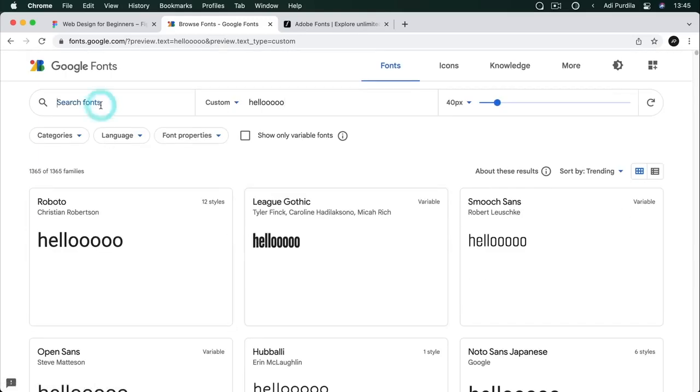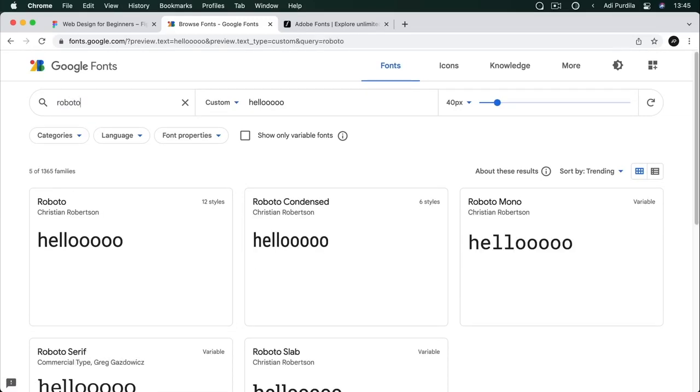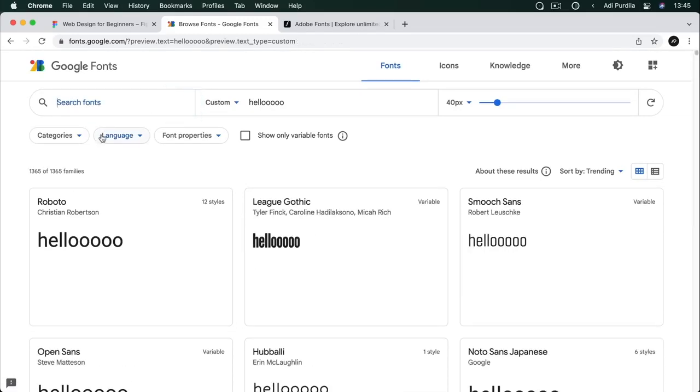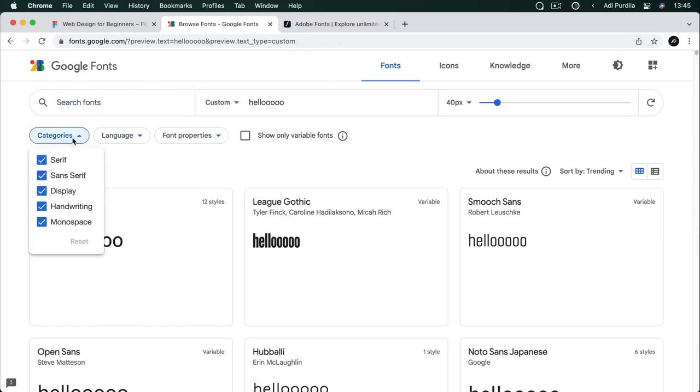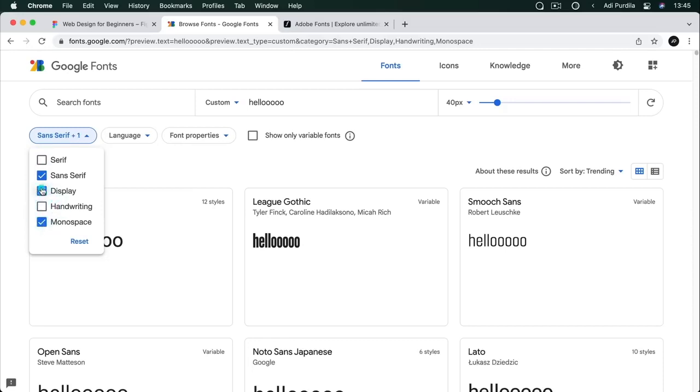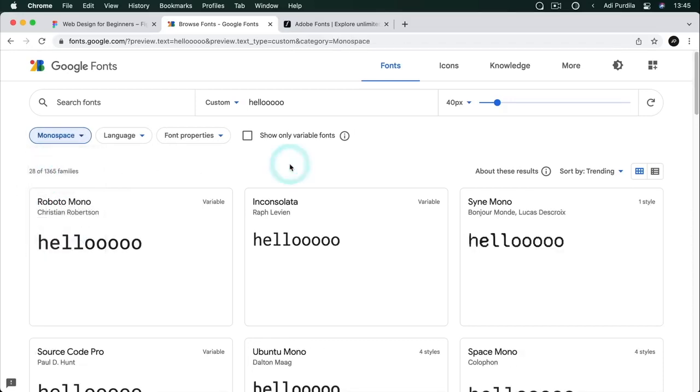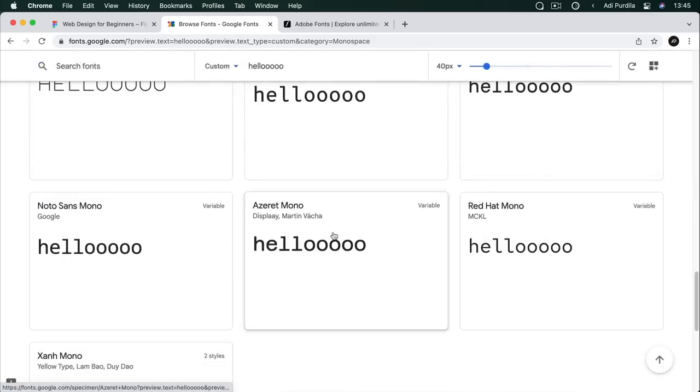You can also search for specific fonts, like so. And you can also browse the various categories of fonts: serif, sans serif, display, handwriting, monospace, and so on. So if I'm looking, for example, for a monospace font, I can just select that, and I'm going to see